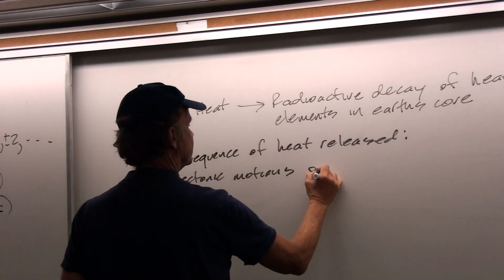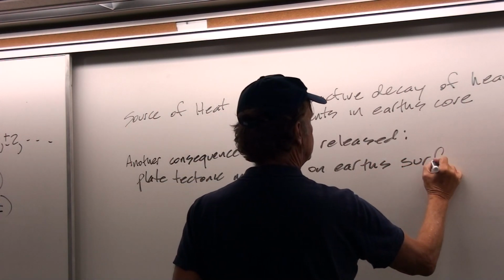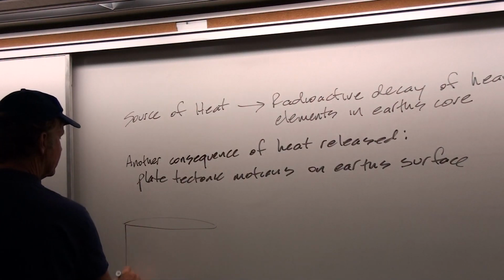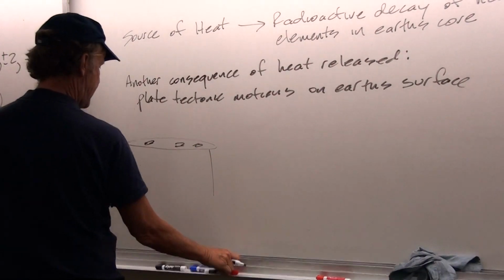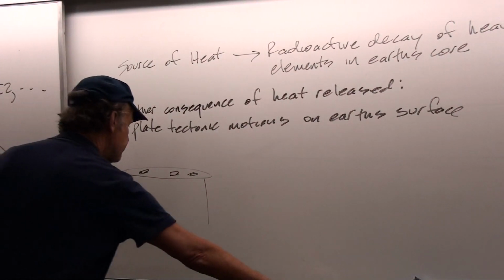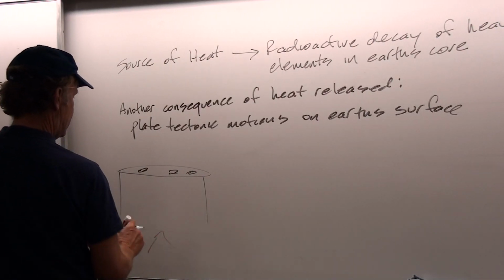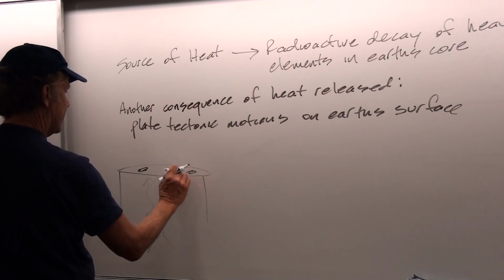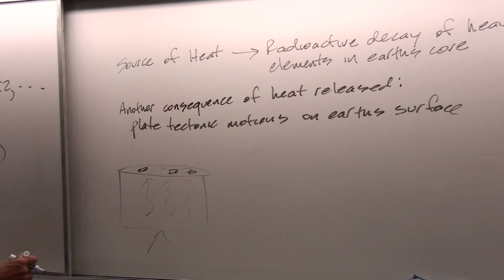On the Earth's surface. So we can think of these plate motions as being very much like little pieces of cork that are driven around by a flame which is producing boiling water. So if we have these rising, what are called convection currents of water, that can drive around the pieces of cork on the surface that are floating.